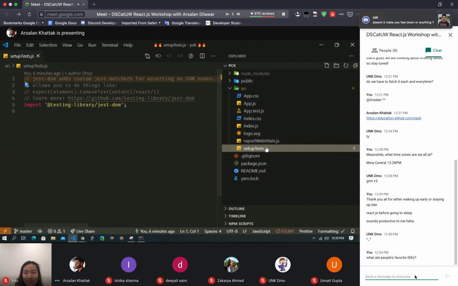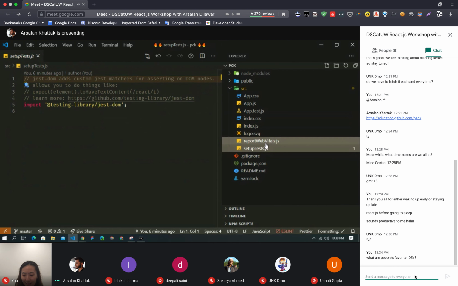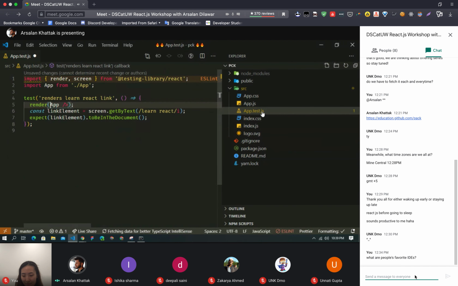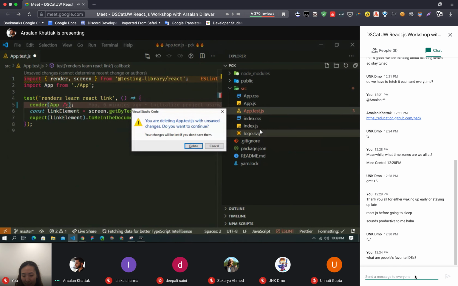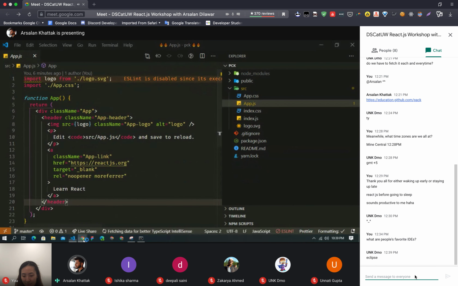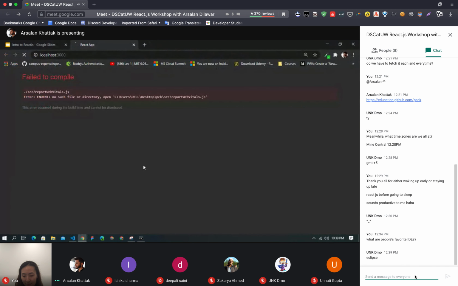So let's try to do some cleaning here and remove the files that we don't need. So I am going to remove these files. I deleted some files, and now let's make sure that our app still works fine. And it does not. So we need to remove this.